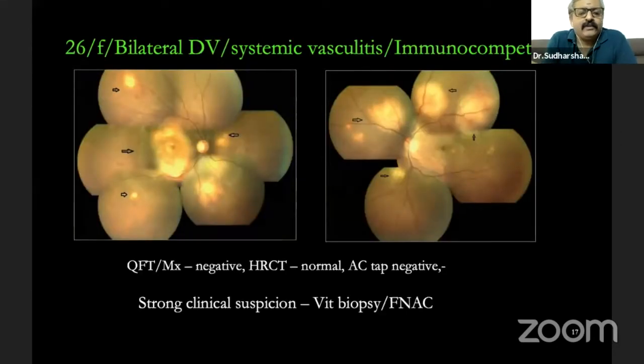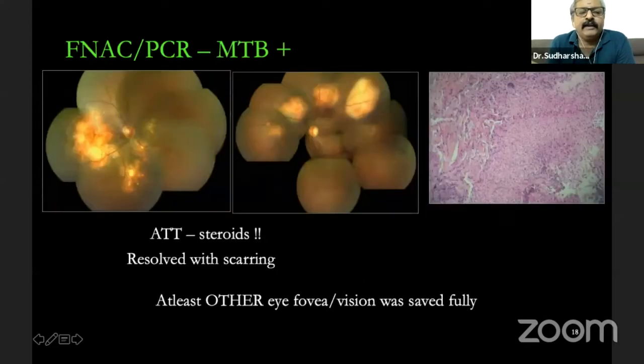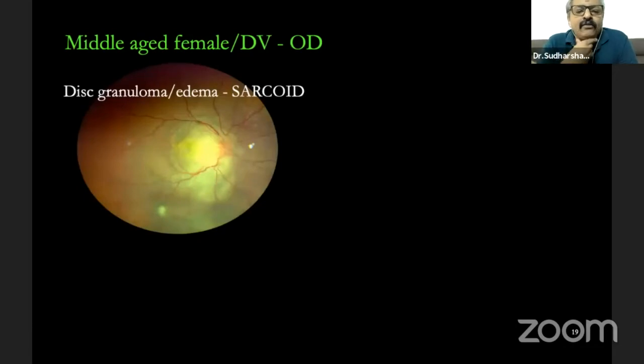As we did in this case, this was a young patient with multiple subretinal granuloma all over. Subretinal abscess was suspected, but all the ancillary investigations for TB turned out to be negative. We went ahead and did an FNAC, which confirmed the diagnosis of MTB, and with ATD and steroids, it resolved very well. You might find that there is a scarring and there is a vision loss, but at least we could save the fovea and vision was restored. Macular involvement is very risky with respect to vision in TB.